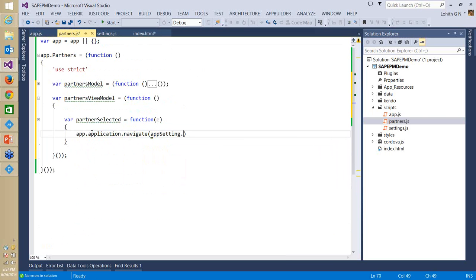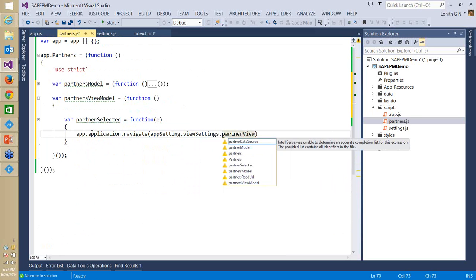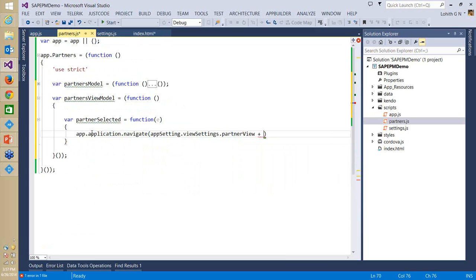I want to navigate to app settings dot view settings dot partner view. We'll come back to this, and then what I'm going to do is pass data to the next view that we're going to go to. So the data that I want to pass is the currently selected identifier, and then I just have to say return